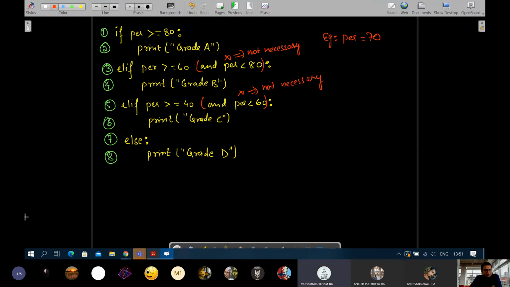Sir, one small doubt, sir. We have never given a condition under else. We just give a colon. Sir, if we give a condition under else, is it wrong? If you give a condition under the else part, only else part, means for the rest of the conditions. Else, like if we give print, lesser than equal to percentage lesser than equal to 40. Correct. You are talking about the header of if and elif, that is before the colon, right? See, yes, sir. I'll mention here.